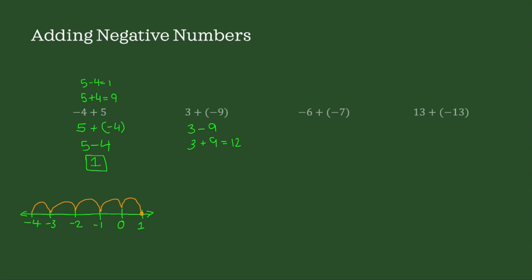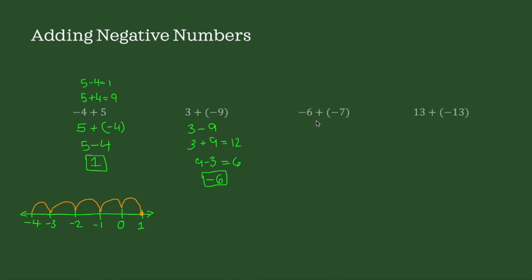In this case, we have to subtract the smaller positive from the negative number, ignoring the negative sign. So 9 minus 3 is equal to 6, and since we're supposed to have a negative number, that is going to equal negative 6. Again, this is pretty unreliable, so I wouldn't recommend using that method. And if you're not sure about something, I would always recommend to use a number line and figure out your answer that way.